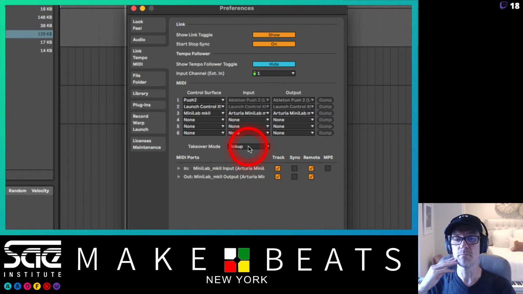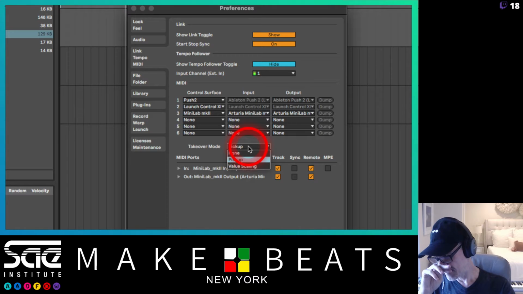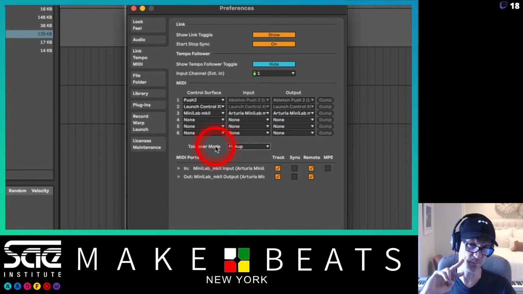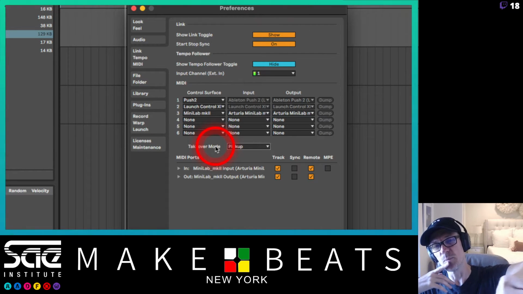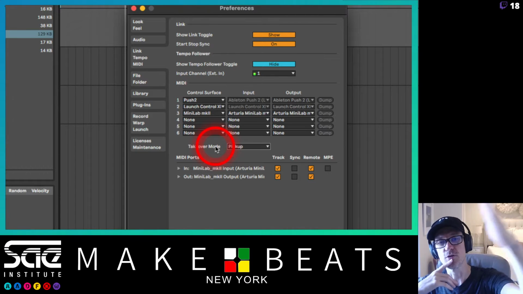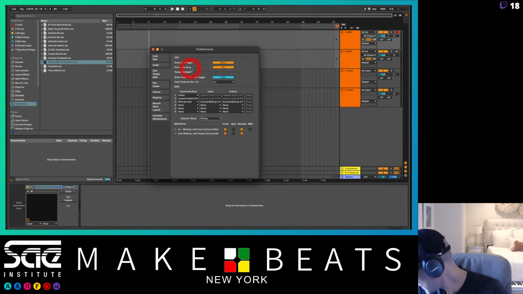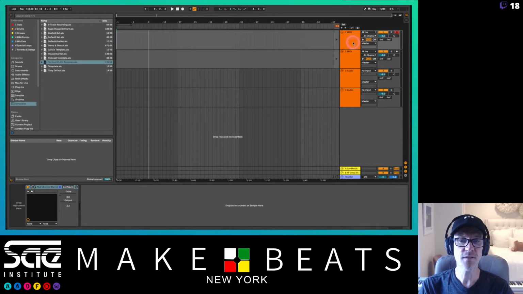Over here, takeover mode. Takeover mode is for if I'm using a controller that's got a specific low point and high point. It's not just going to jump to a different setting on that controller. It'll actually wait for me to go through the settings. So for example, I don't have a controller like that connected up right now. But if I've got my